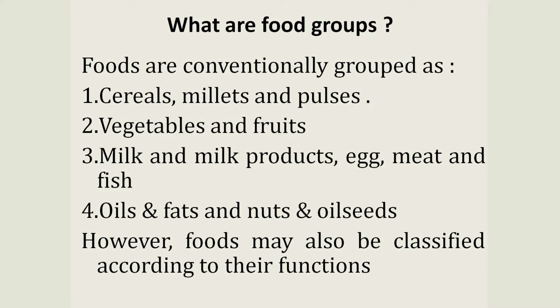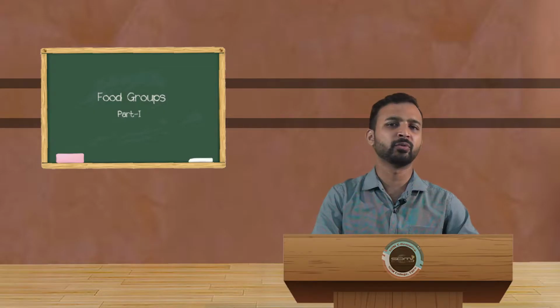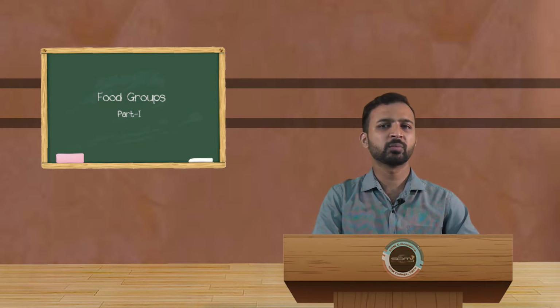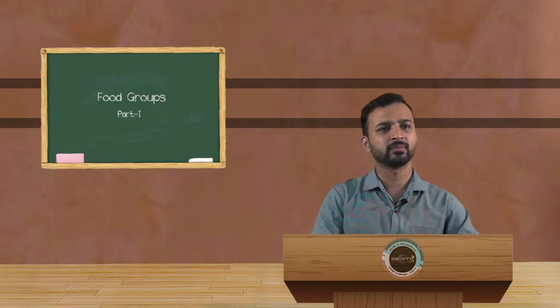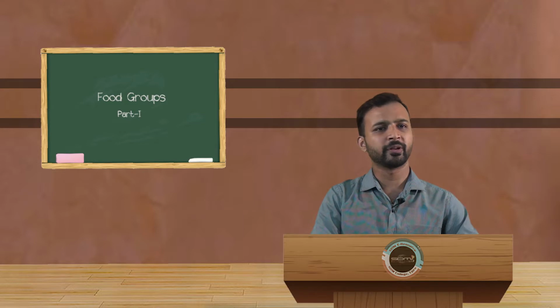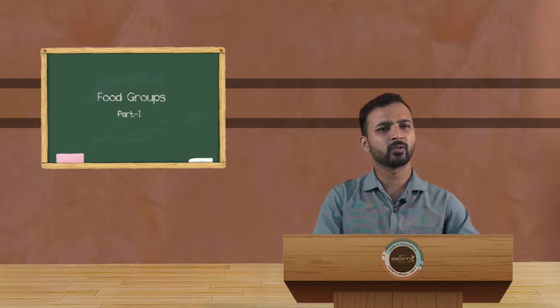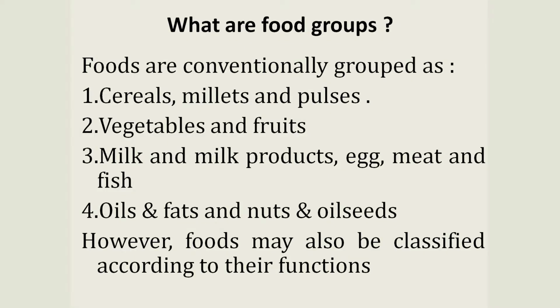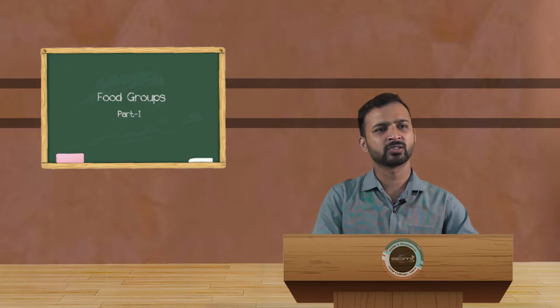Mainly the cereals and pulses give a rich source of carbohydrate and fiber and other nutrients. We will speak here only about the major nutrients or macronutrients. Micronutrients we are not going to speak about, because if the macronutrients are meeting the requirement, then all the other minerals and vitamins will also be met if you follow a proper balanced diet. So cereals, millets and pulses give a good source of carbohydrate,